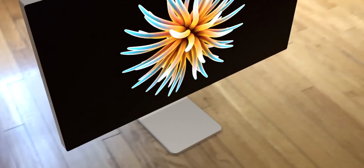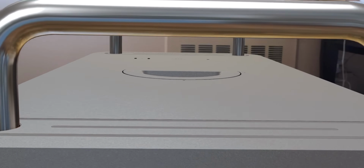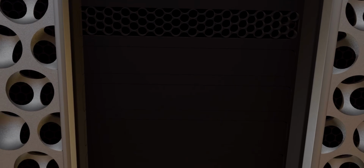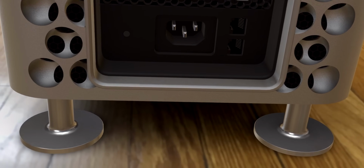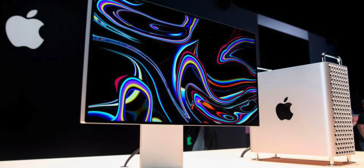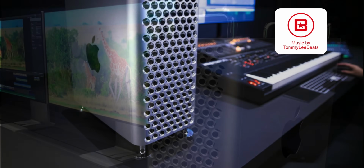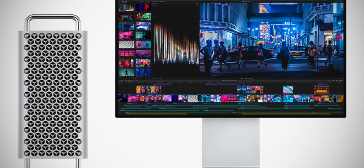So $6,000 for the Pro Display XDR plus $6,000 for the Mac Pro, $12,000 for this setup. This is how Apple wants you to experience the Mac Pro, with the best display, with the best computer, the fastest Mac in the world. Like I said in the beginning, this is for a different breed. If you're a filmmaker, a heavy duty filmmaker, like if you're Jay-Z. Now Jay-Z is the first billionaire rapper. I mean, if you work for Jay-Z, I don't know, but if you're a billionaire